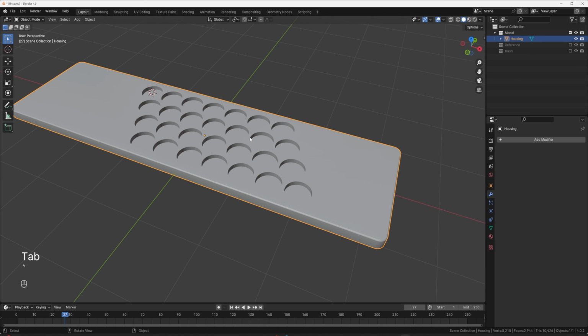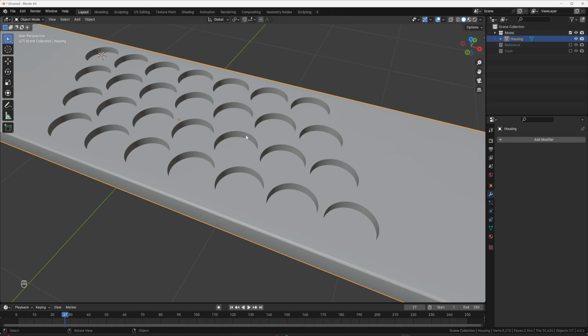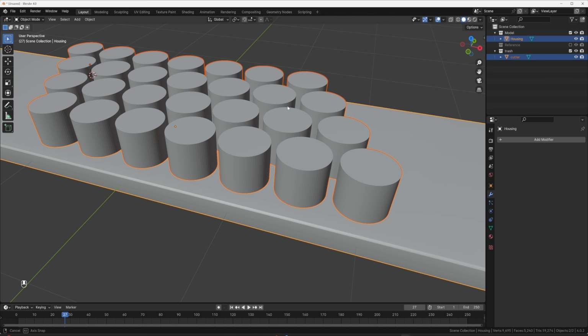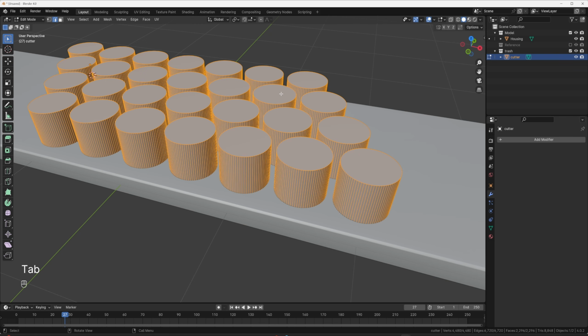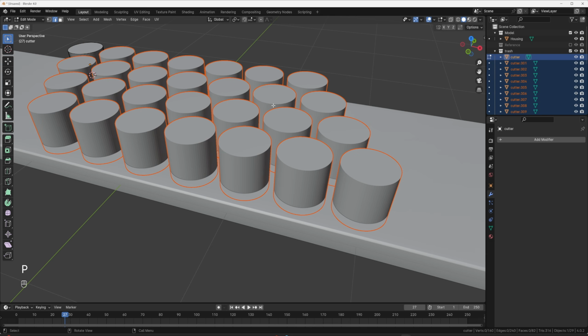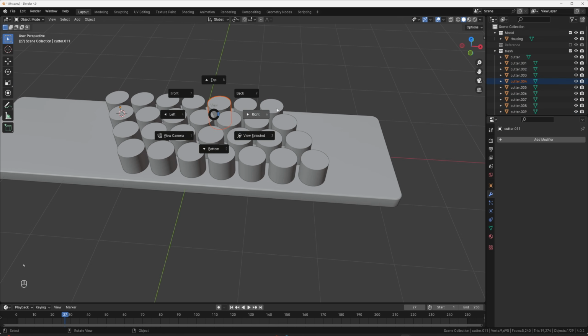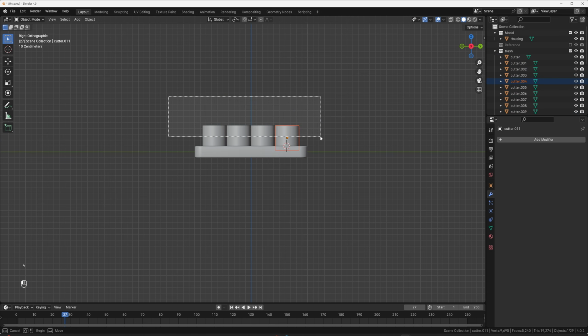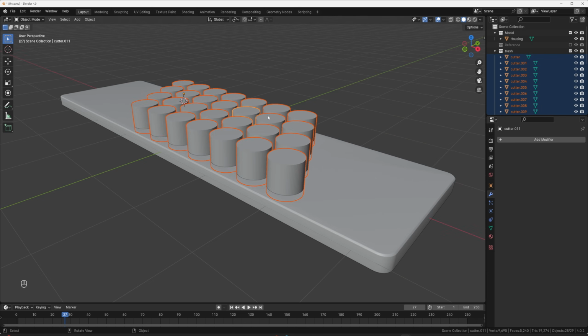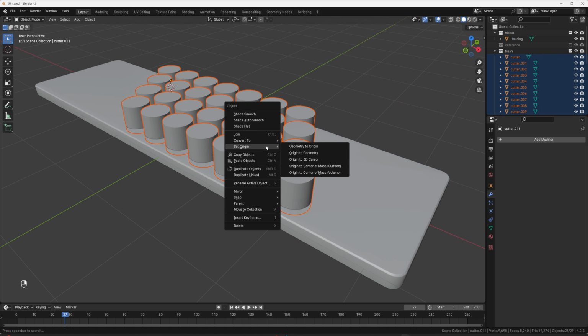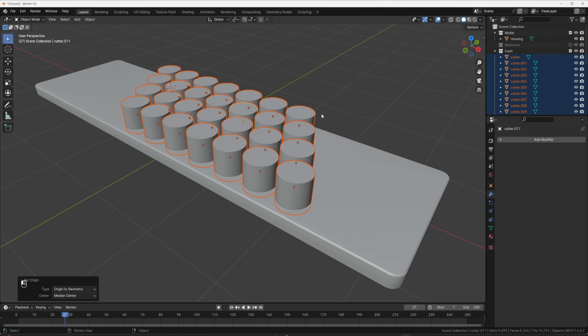So now we have these. The only thing that we need is to be able to put the buttons back in. So I'm going to turn the trash collection on and then select the cutter that we saved. I'm going to tab into edit mode and then click P to separate by loose parts. And so now each of these is its own button. And then the other thing we need to do is grab them all. I'm going to go into the right hand view and just select everything and then right click them and then set the origin to the geometry, and make sure that you're holding Alt while you click that. So that's going to apply it to all the cylinders. So now each of these has its origin in the center.